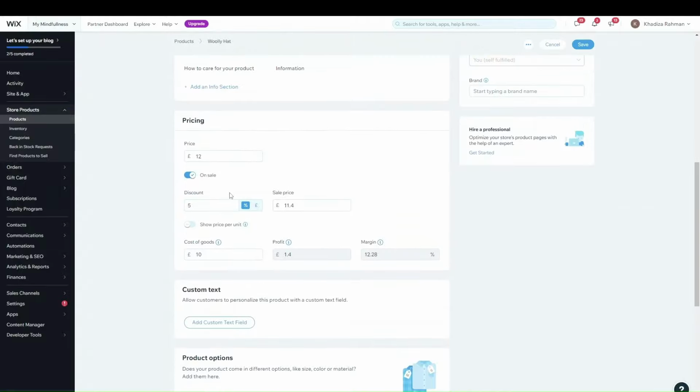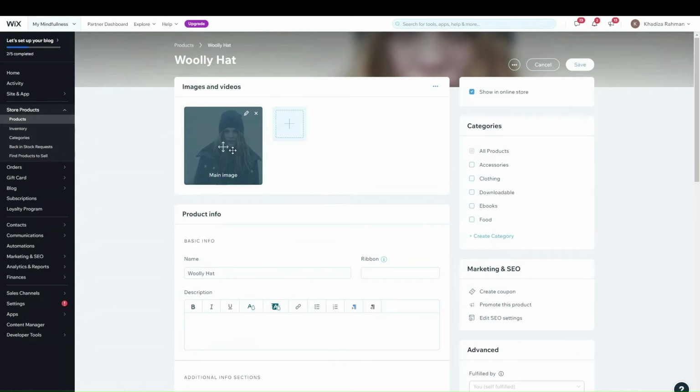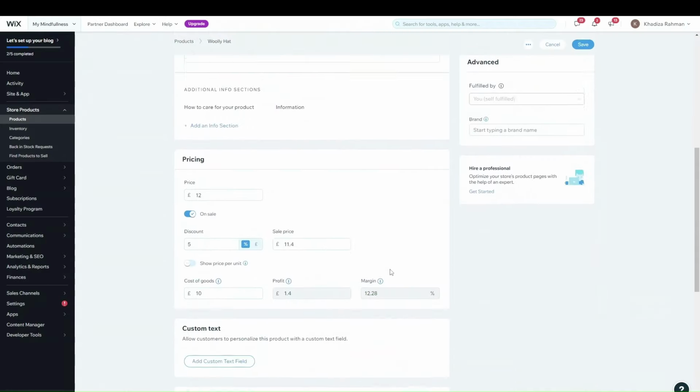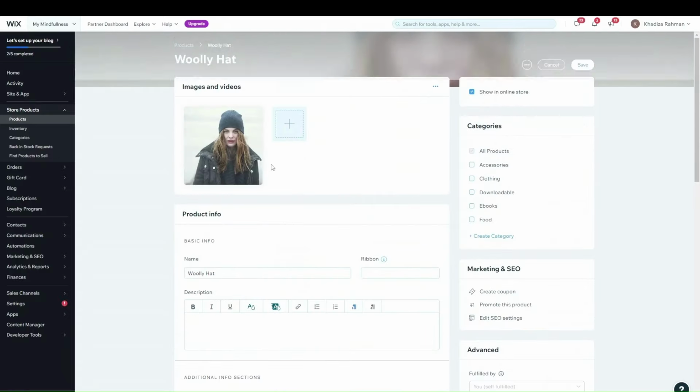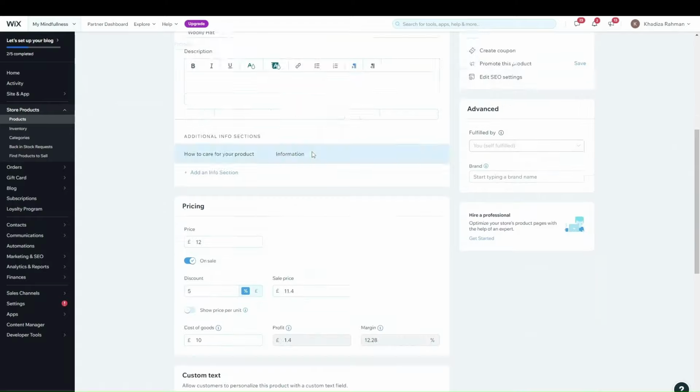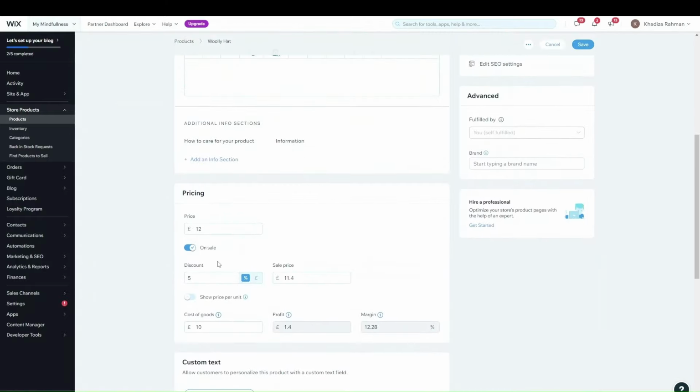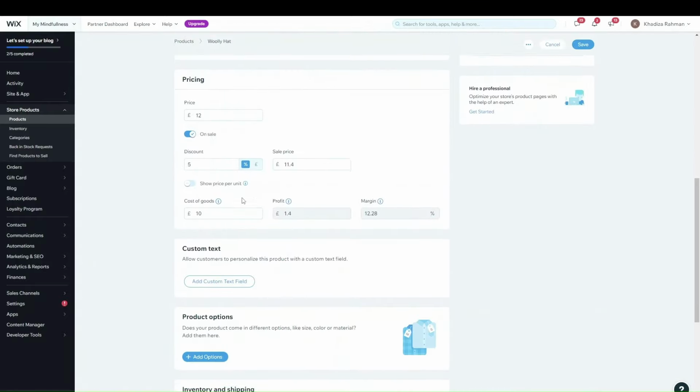The other thing with the pricing then is sometimes you can sell a product but it has different size options or different color options or different basically attributes that people can select, and maybe those attributes have different pricing. So Wix allows you to make different options for a single product, and then allows you to price them and stock them individually. So for example, say this hat, if it comes in maybe 2 different colors, in black and white, what we need to do then is set the base pricing,